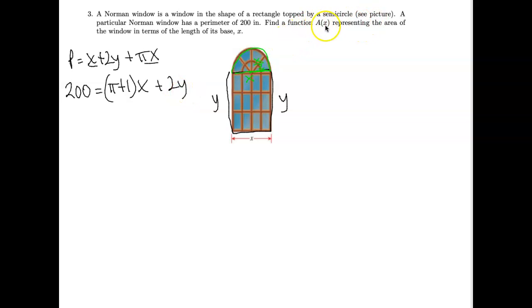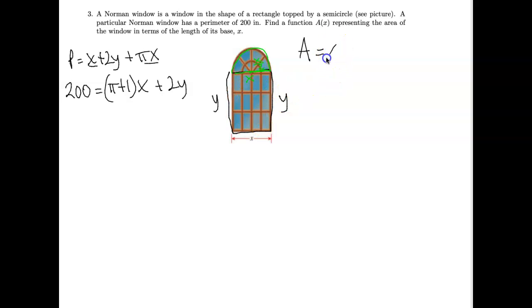What we want to do is find the function for the area, and we want it in terms of x. Let's hold off on it just being in terms of x for the moment and just focus on finding the area of both of these shapes. Similarly to what we did here, we had our rectangle and we had our semicircle. For the area